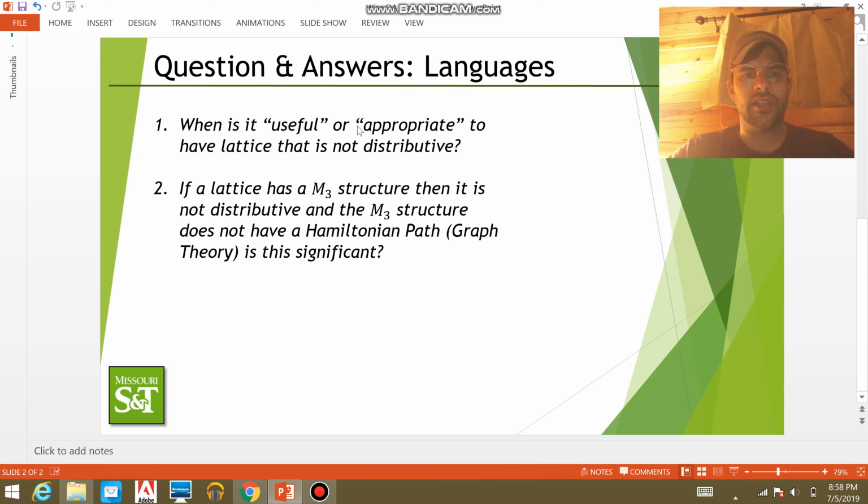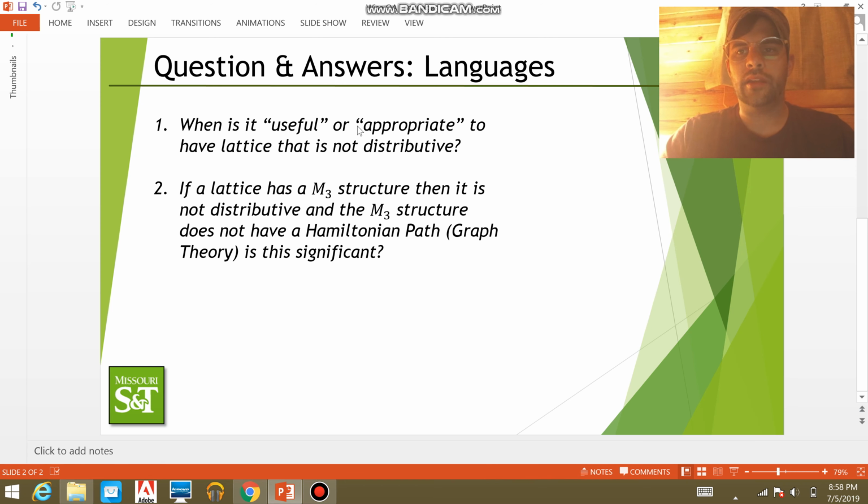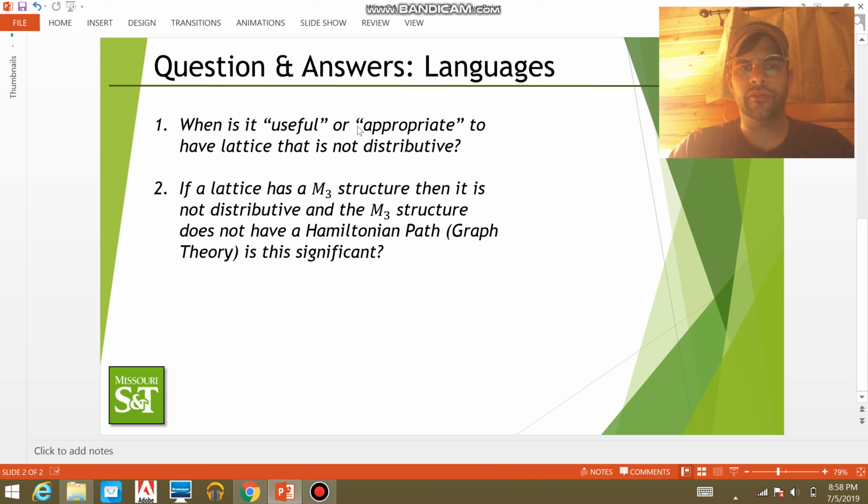So the two questions I had, the first one is, when is it useful or appropriate to have a lattice that is not distributive? I know distributive complete lattices lead directly into Boolean algebras, which is useful for programming languages. But when is it appropriate, or useful, to have a lattice structure that's not distributive? I'm trying to find a use for that, but I haven't come up with something yet. I don't have a lot of experience with languages, so